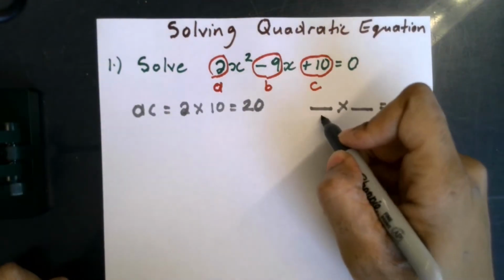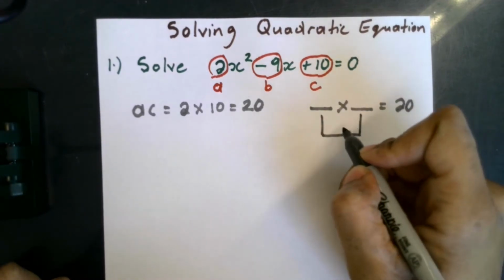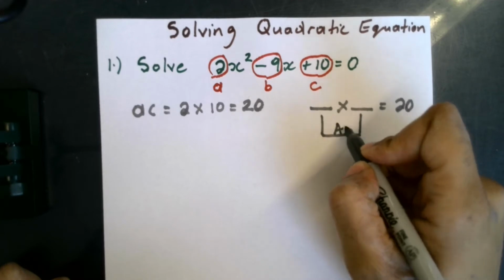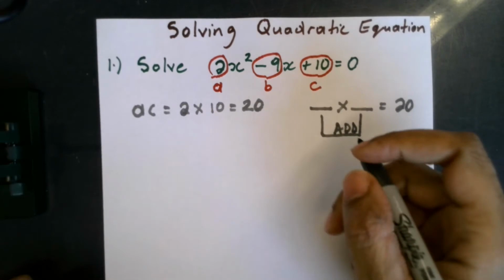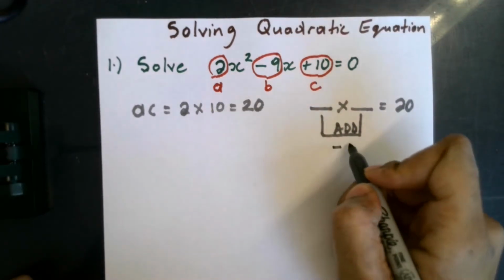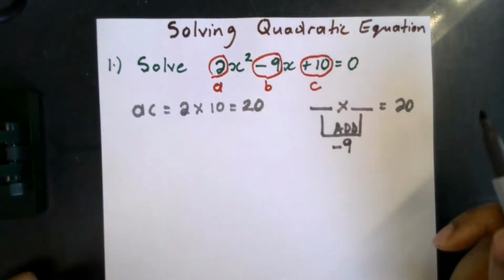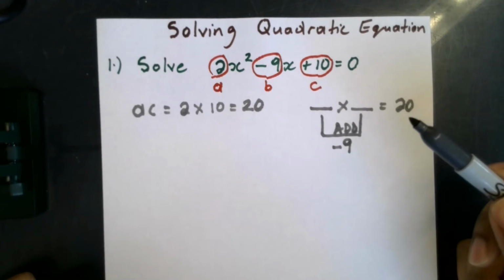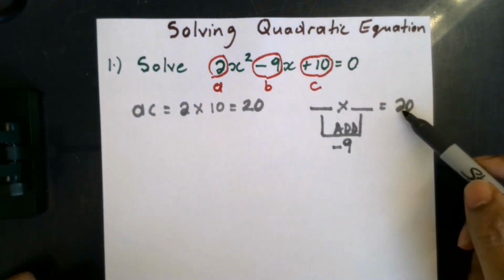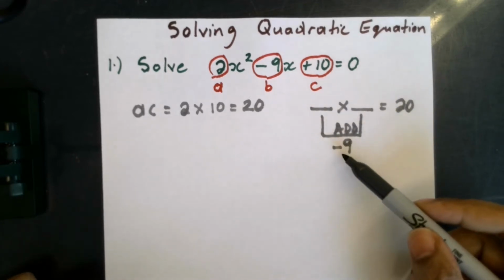So two numbers that multiply to give me 20 and add to give me -9, which is B. Alright, so we need two numbers that multiply to give us +20 and add to give us -9. Okay,